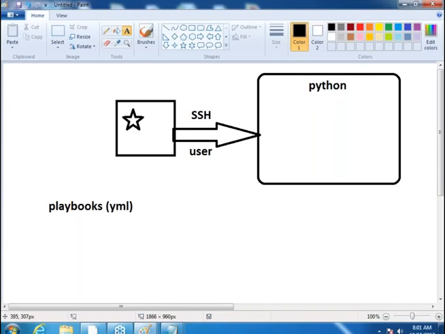For the people who don't know about SSH, if I want to connect to your Windows machine, how will I connect to it? Remote desktop or TeamViewer, something like that, right? If you are in offices, you would be using remote desktop software, but if you are on the internet, you would be using something called TeamViewer or any remote desktop sharing. But probably here you might be dealing with servers which do not have any UI. So you have to work only with terminals. And Linux machines communicate to each other using SSH, secure shell. That is a protocol which works on port 22. That's how we communicate from this machine to the other machine.